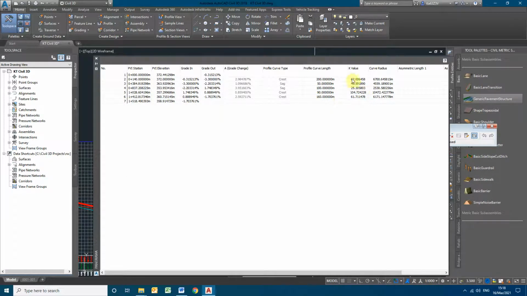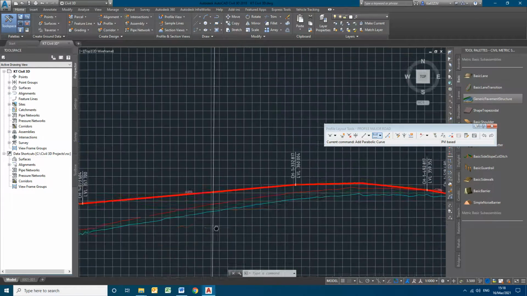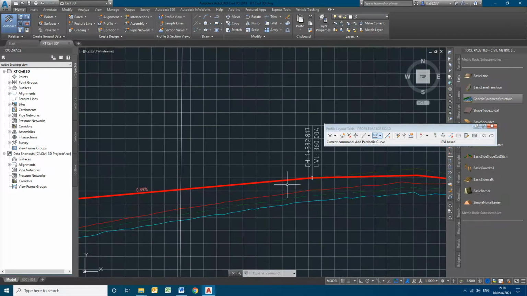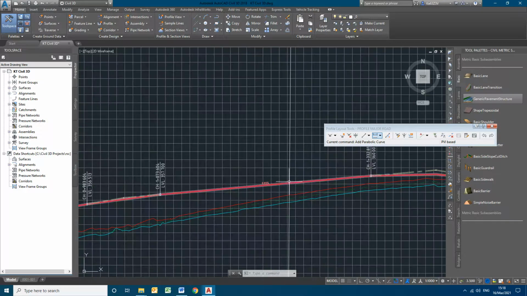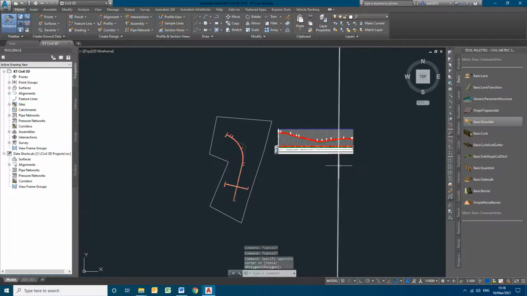So all the K values are satisfying as per the design criteria. During the regradation of the junction also, there will not be much deviation. Now by closing this, in a similar way we have to do the profile for the